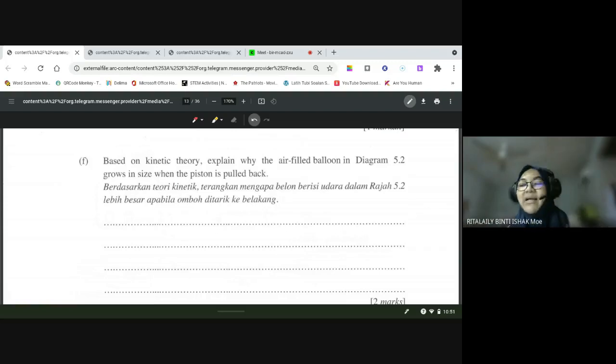So, kalau awak terangkan particle move faster in small container, betul, tetapi untuk soalan ni salah, sebab awak tak ikut kehendak soalan. Soalan nak diagram 5.2 where the volume now become bigger. So, kat sini kita kena terangkan dari segi when the size of container increase,